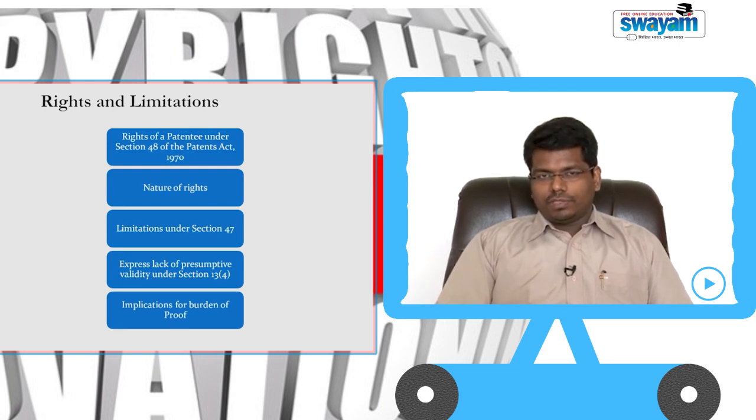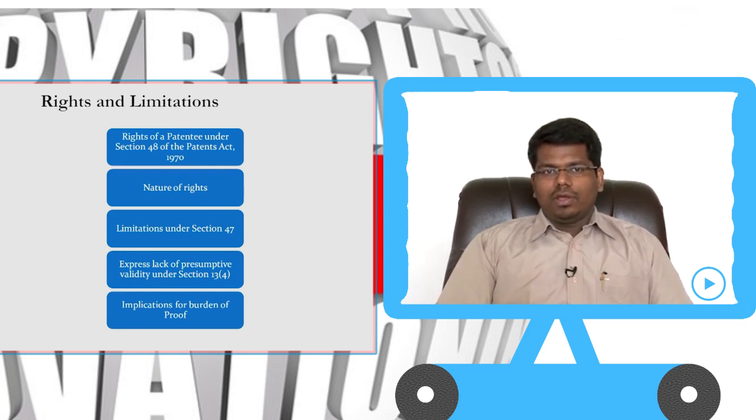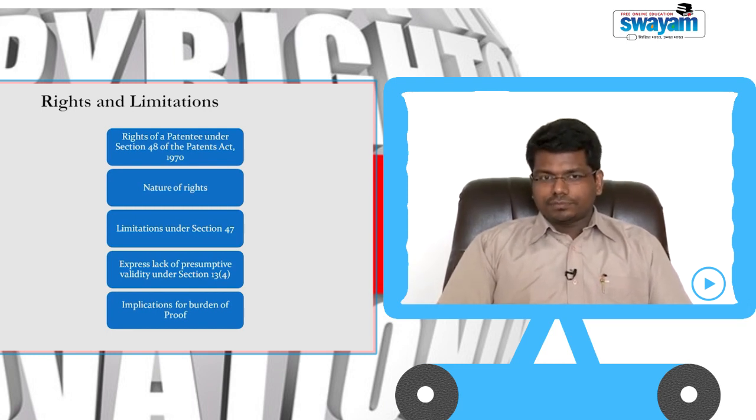So, for instance, if the patentee were to institute a suit for infringement, the first barrier that he has to cross is to prove prima facie that the patent that has been granted to him is valid in the first place. Unless and until this aspect of the patent is covered, it is practically impossible and legally impermissible for the patentee to proceed to the second aspect of his case, which is prima facie case of infringement.